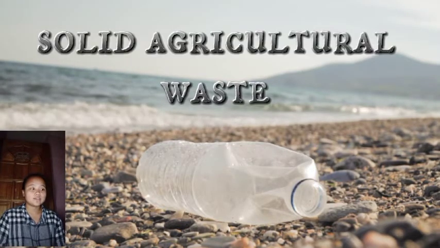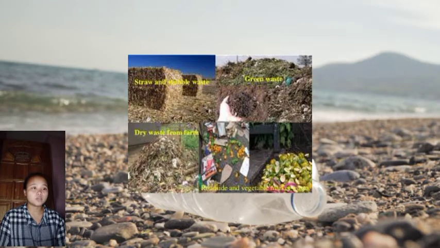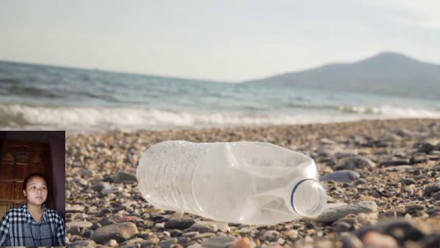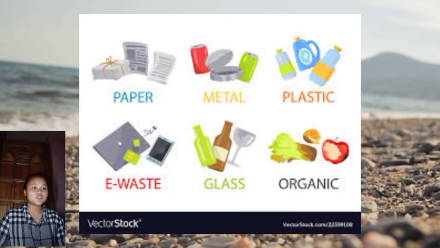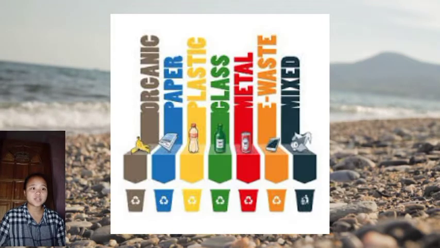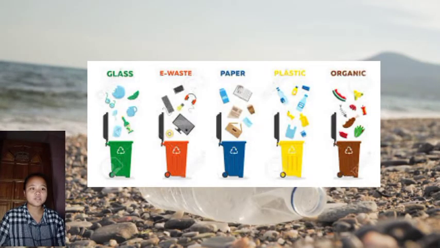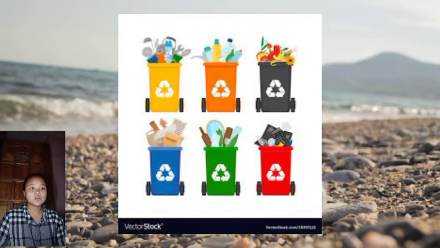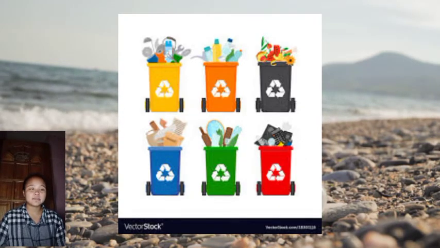Solid agricultural waste and its example. Agricultural waste from agro-based industries such as palm oil, rubber, and wood processing factories has increased by more than threefold. Plastic, glass, metals, and e-waste and their examples: TVs, computer monitors, printers, scanners, keyboards, mice, cables, circuit boards, lamps, clocks, flashlights, calculators, phones, answering machines, digital video cameras, radios, VCRs, DVD players, MP3 and CD players.